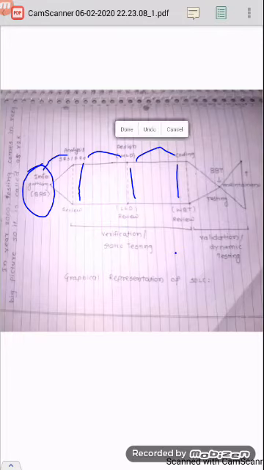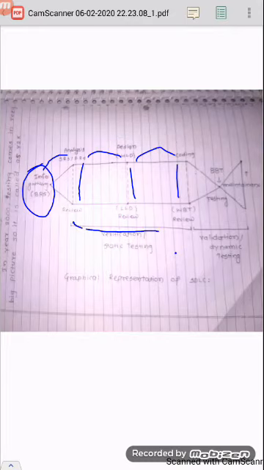Then the developer applies unit testing through a set of WBT, that is white box testing techniques. This is also called micro testing. Okay, then this is nothing but static testing, verification.